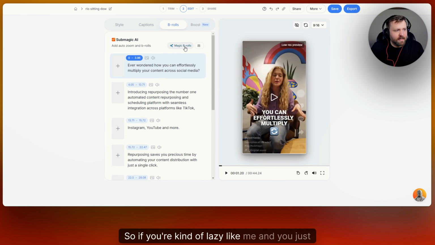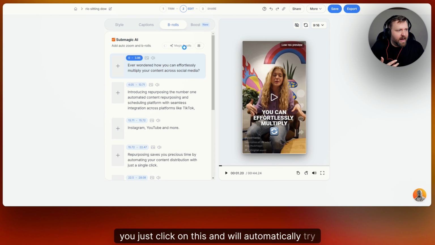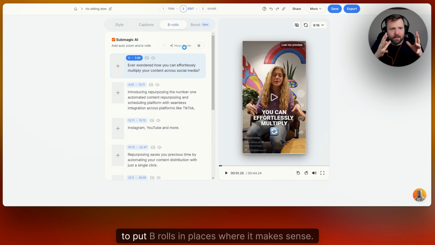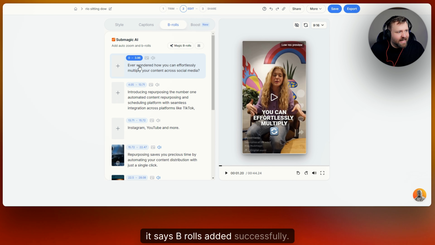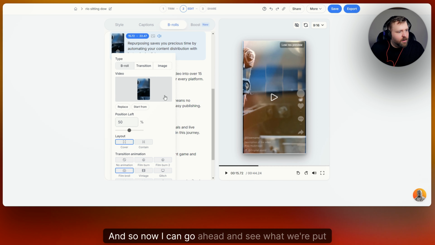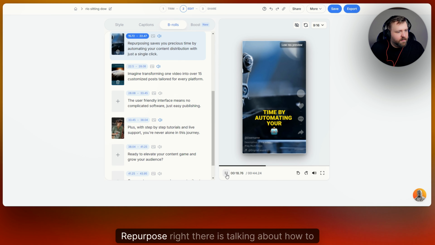So if you're kind of lazy like me and you just want to do magic B-rolls, you just click on this and it will automatically try to put B-rolls in places where it makes sense. And so as you can see, it says B-rolls added successfully. And so now I can go ahead and see what Repurpose.io saves you precious time by Repurpose right there is